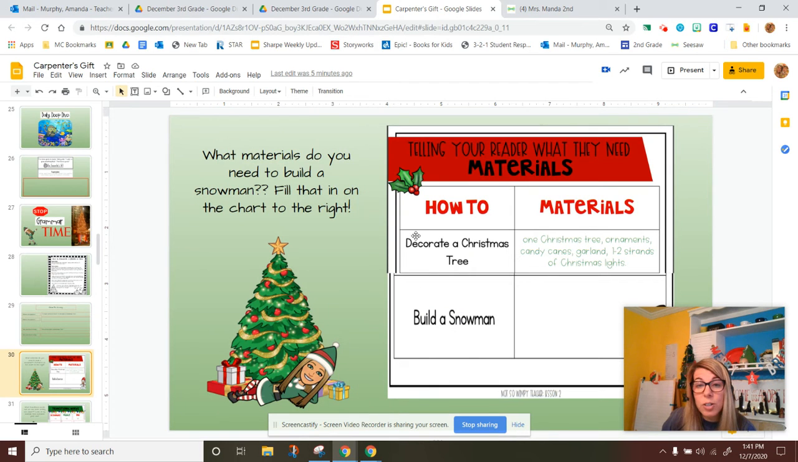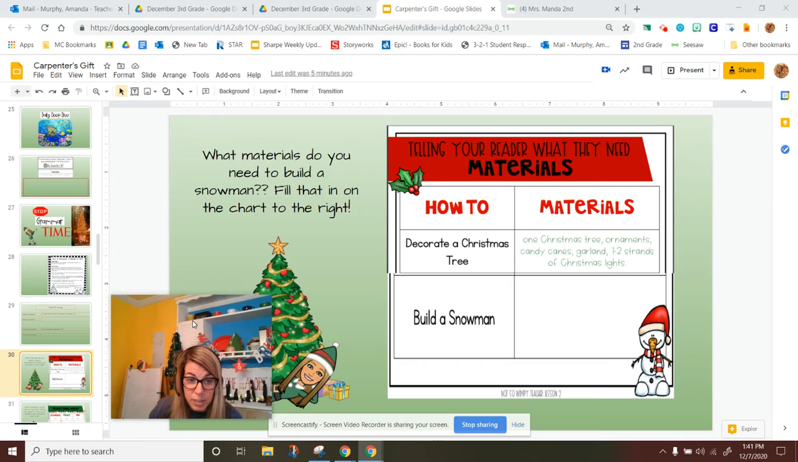Next, you need to look at the materials that you need. Now, why do we need to look at the materials? Well, we need to look at the materials because we need to know how to carry out that purpose, okay? So I put decorate a Christmas tree. We need a Christmas tree. So clearly to build a snowman, you're going to need